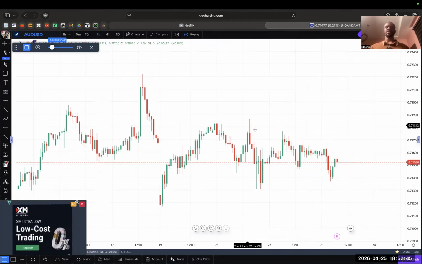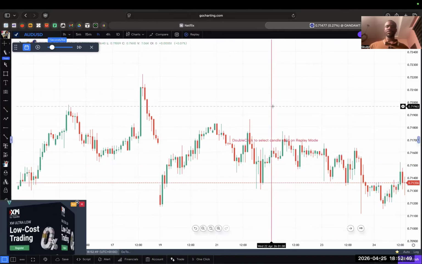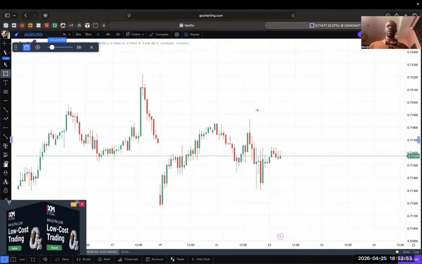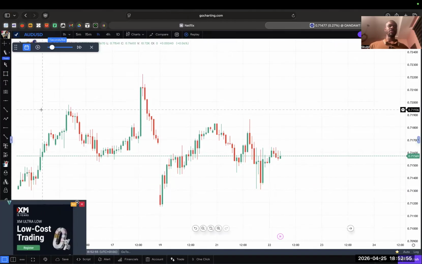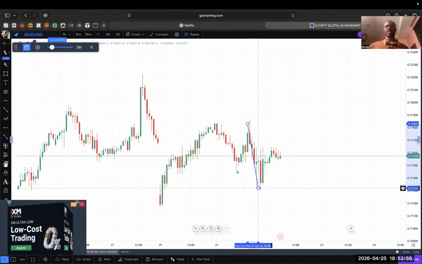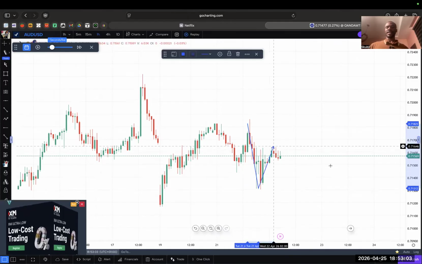The reason why I took it was because, let me cut it and then put it there. So the reason why I took this trade here, or the reason why I gave you guys this trade, was because price already was in the downtrend on the 4 hour time frame. And then at this point, the market broke to the downside here to create a lower low. Do you understand? And then price started retracing to the upside.